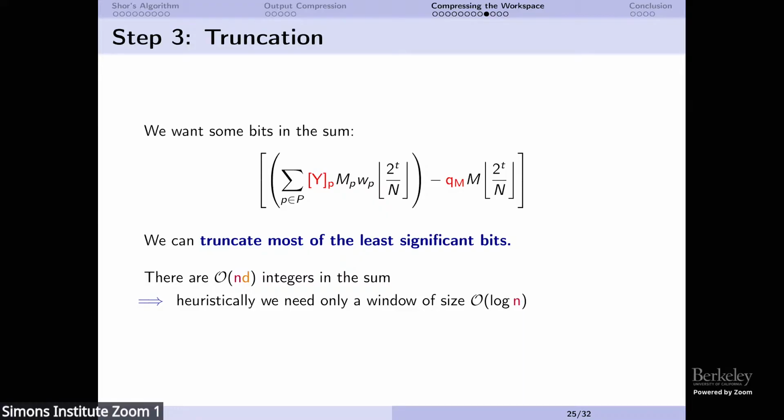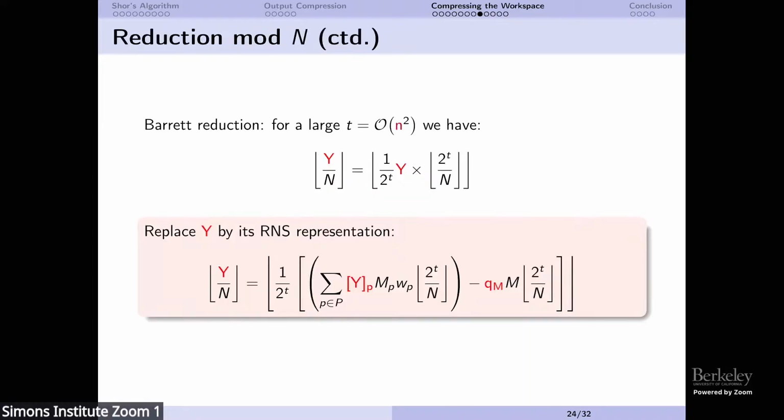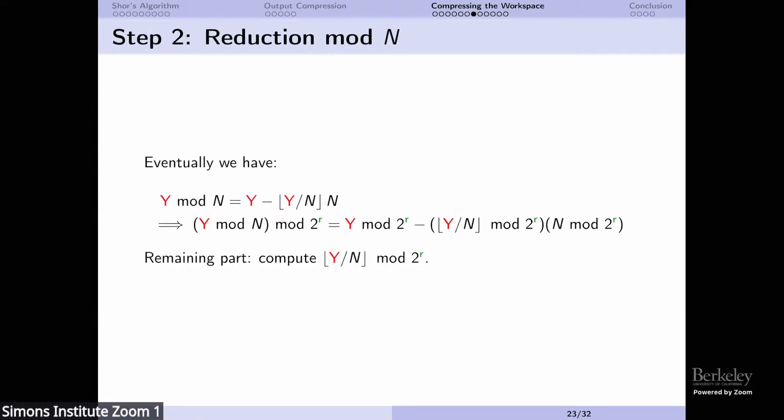So we have reduced everything to computing the residues, because they're still here, and then using these residues to control the addition of integers in a sum. But at this point, the sum is simply a sum of numbers which are quite small. They are of size big O of log n, so they will fit in memory. And there is nothing more to be done here. When we compute this sum, we will get a value that is some bits of the quotient of y divided by n, and then we go back, and this gives us y mod n mod 2 to the r. So this is the last arithmetic trick.